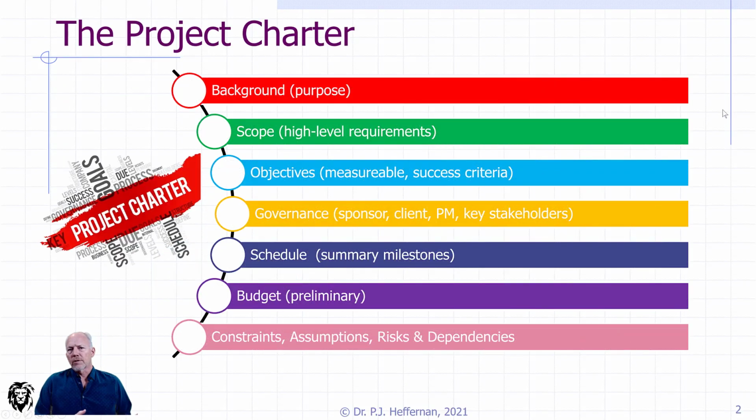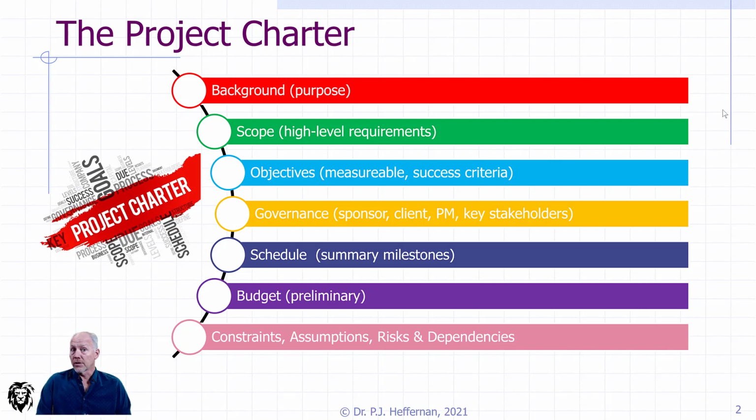So where are we starting? Well, we're starting with the project charter. The project charter has been signed off, and it has a great deal of information, all at the high level, all at the strategic level, but it informs us when it comes to stepping off with the plan. And you look at what's there: the background, the purpose of the project, fundamental objectives, high level scope assessment, what's in, what's out, what we have to accomplish in order to be successful in the project. It also tells us who our major stakeholders are, who our client is, who the sponsor of the project is. That will inform a lot of the plans that we're going to have to make.